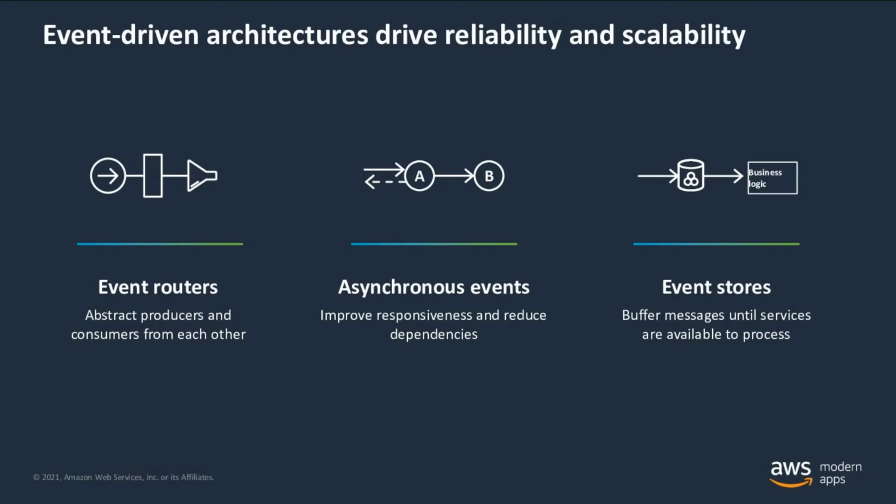The tools of event-driven architectures are routers that abstract producers and consumers from each other. You can publish to the router and consume from it without knowledge of other producers or consumers. Event routers at AWS include EventBridge and SNS, and event stores act as buffers, holding on to events until the consumer is ready to use them. At AWS, SQS is our serverless event store, or a queue such as Amazon MQ, and it uses standard APIs and protocols such as MQTT and WebSockets.